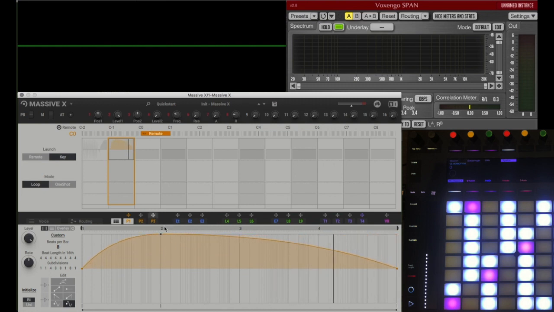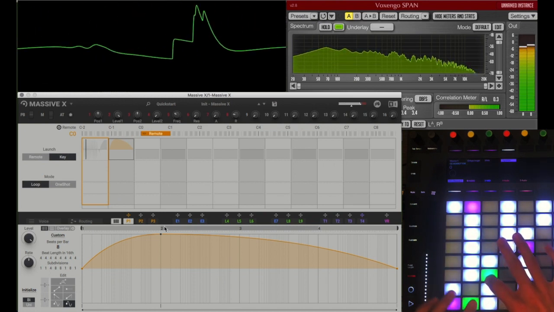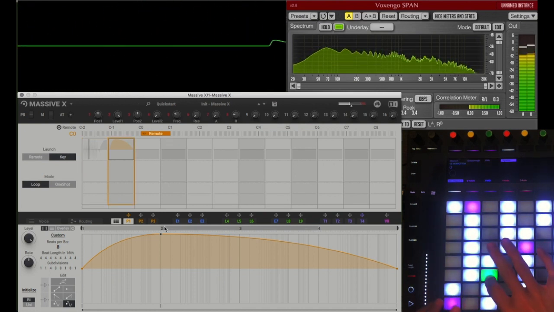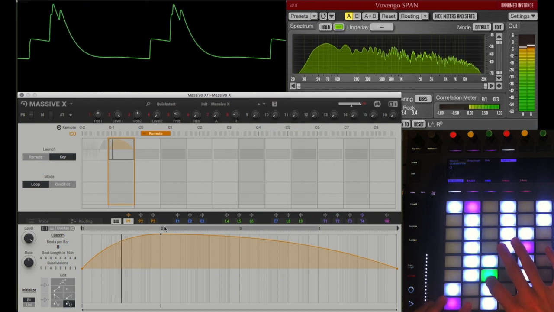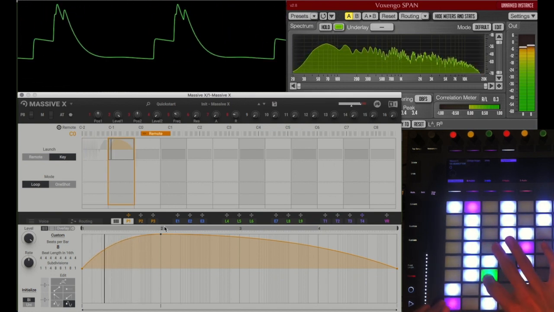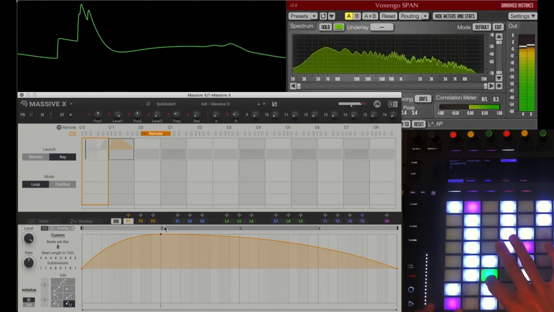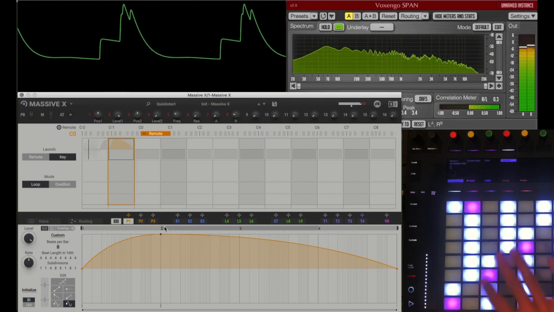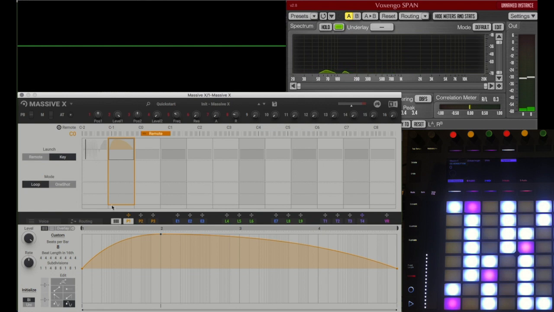If I just have this one kind of ramp up, we'll notice more. See, it doesn't change when I hit the new key, whereas if it's on remote,